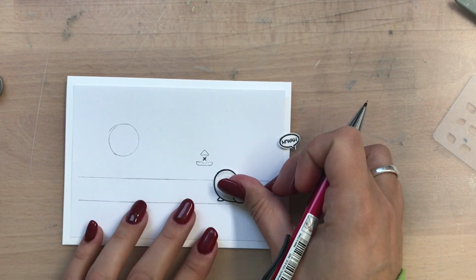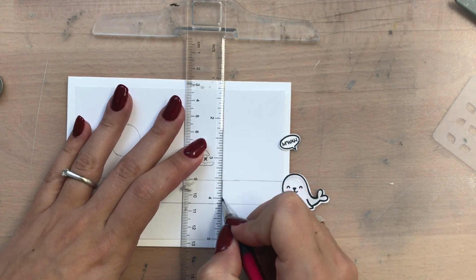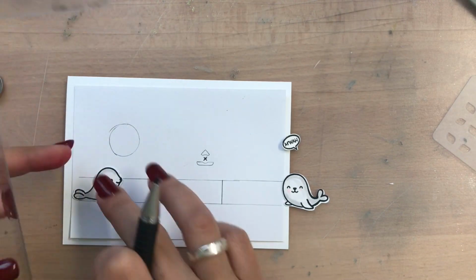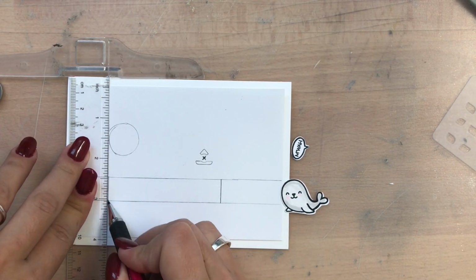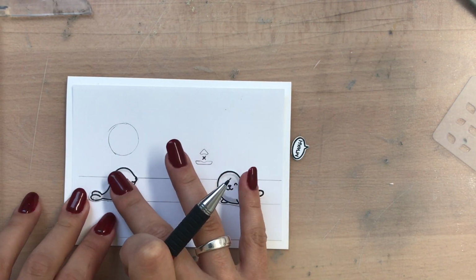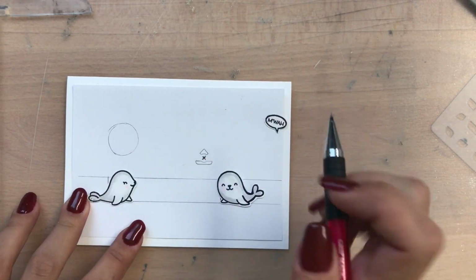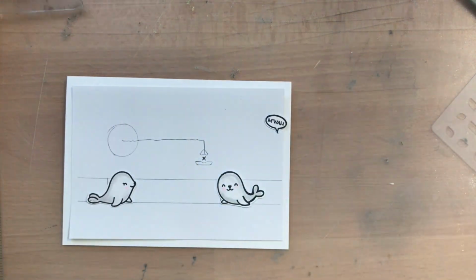Now I'm drawing in my LED, and I will be drawing in where the slider part will be, so I know later where to cut. So now you can see this little rectangle. This will be cut out so the little critter, or she, can be sliding from the left to the right side. Now I will connect my circuit,